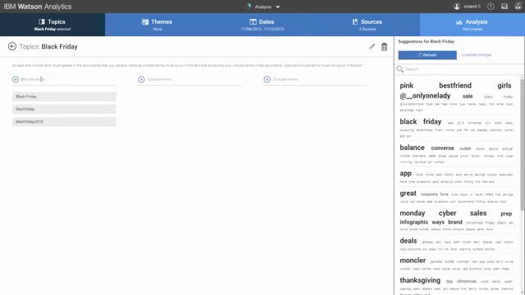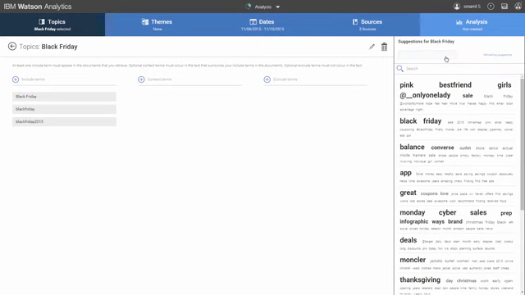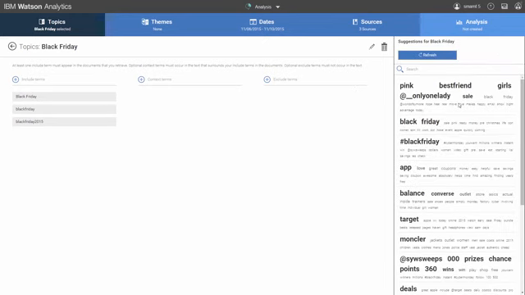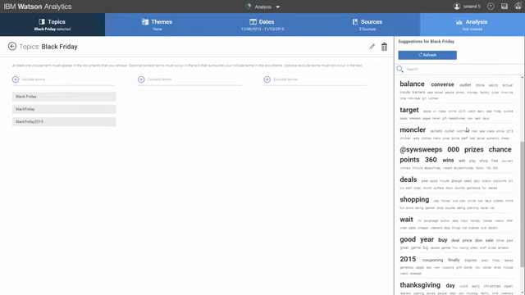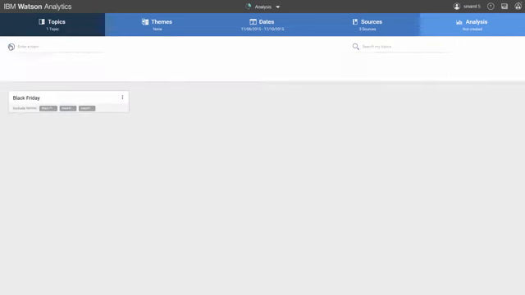This is a great example of the cognitive engine at work. Watson Analytics for social media is helping me learn how to make my project stronger. So if I'm not sure exactly how people are referring to Black Friday when discussing it on social media, this pinpoints the terms that I should be including in my analysis. But just as importantly, the fact that I see the word cluster itself provides me with the context of the discussion as well. For instance, I can see that people are talking about the anticipation of waiting for Black Friday,